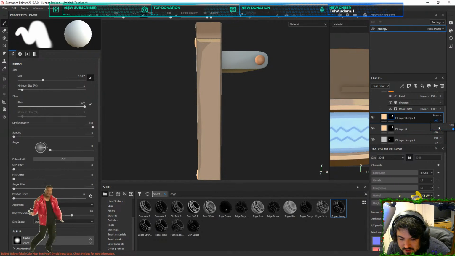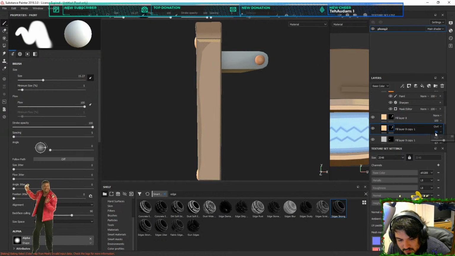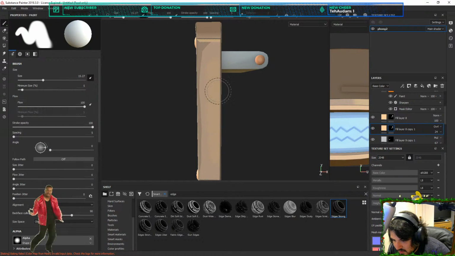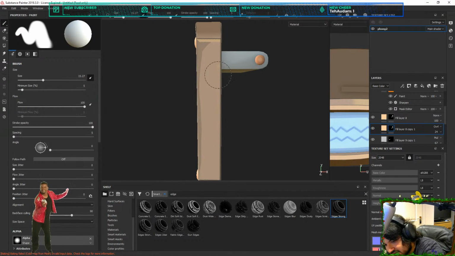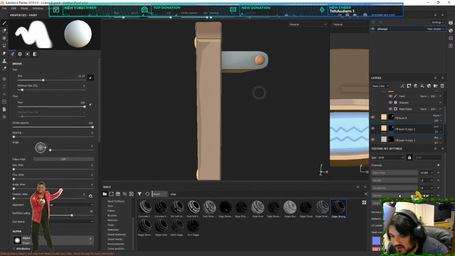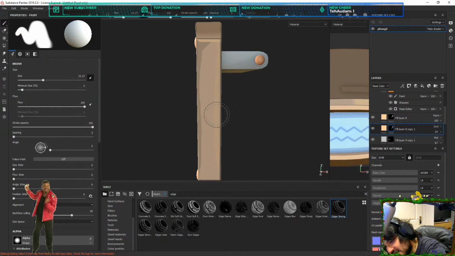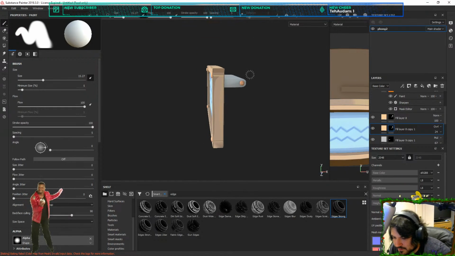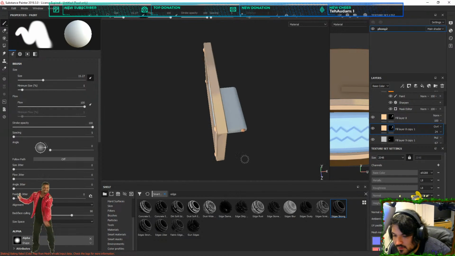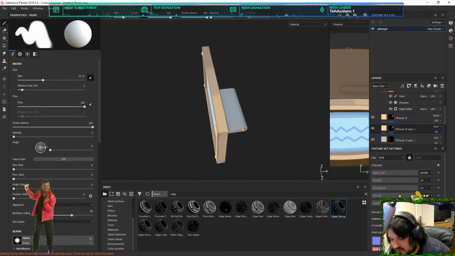Hide underneath. Turn it to an overlay. Put it out even more. Yeah, let's do something like that so we actually have some other color variation coming in. Do we do it like this? Like this on the edge? More in the middle like that. Yeah, it looks pretty good. Slightly come in the middle, come down. Even add a little bit up if I wanted to.